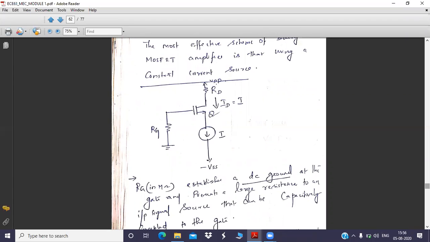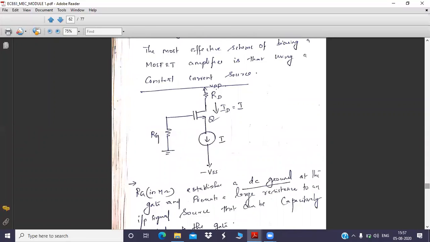So maybe there will be some fluctuations in the load. For example, I have designed one circuit now, and I'm using one load today, but tomorrow I'm using the same circuit with another load. I would have connected another load in the same circuit. So there is load change. In spite of the load changes, and in spite of the fluctuations in the power supply or the input signal, this constant drain current through the MOSFET has to be ensured for proper amplification. So for that we are going to handle this particular biasing technique.